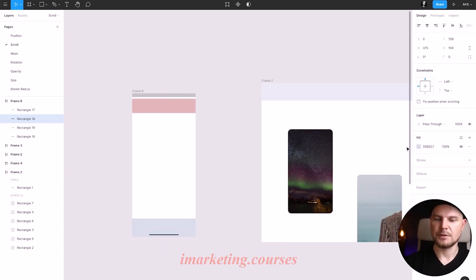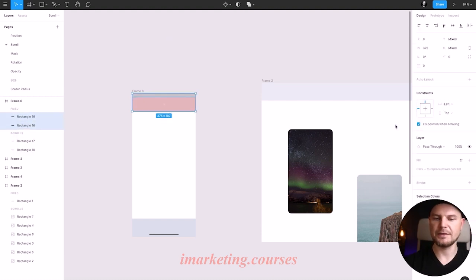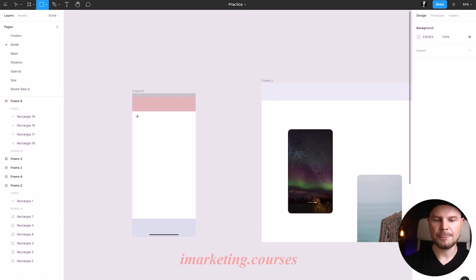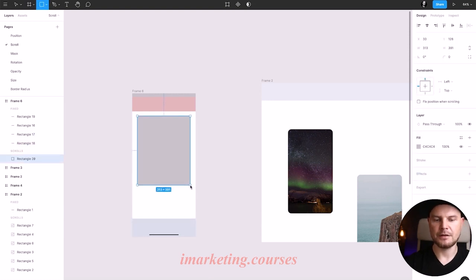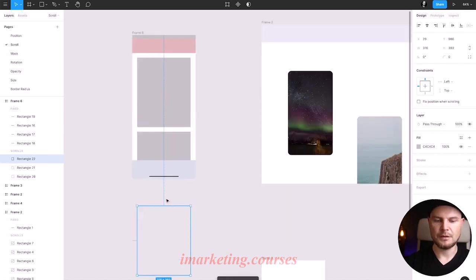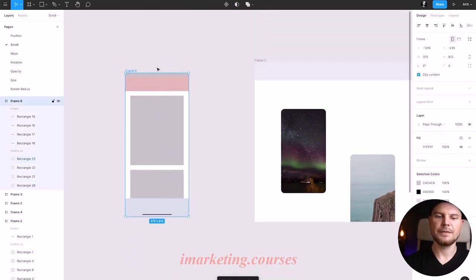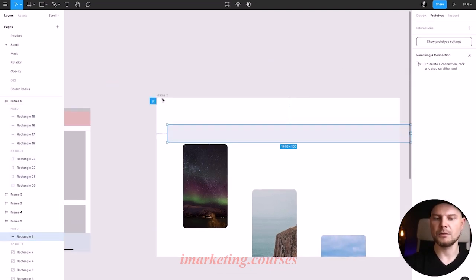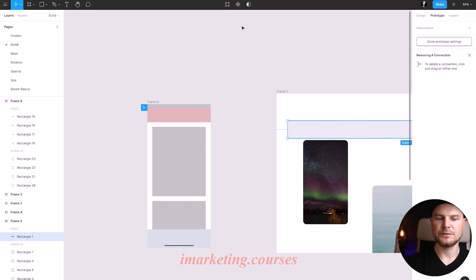Something like this, right? And then we have all these elements we want to be fixed, so we select them fixed, we select them fixed. Now I'll create something like an image here in the middle, and I'll duplicate it multiple times, but this is our frame. And when I go to prototype mode now, and we select this frame here, click play, it shouldn't start